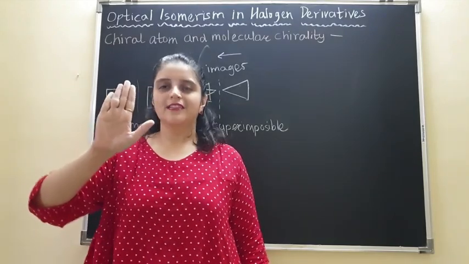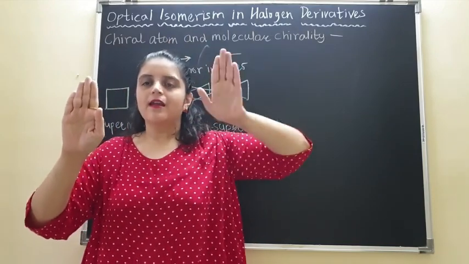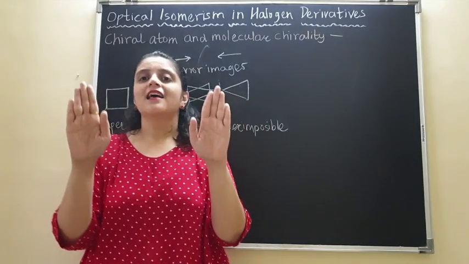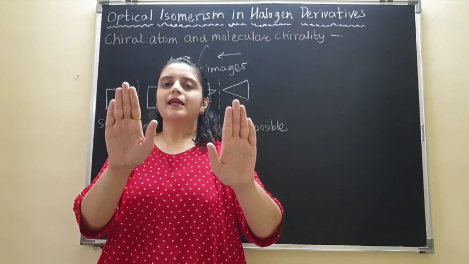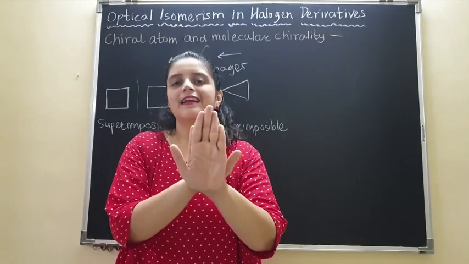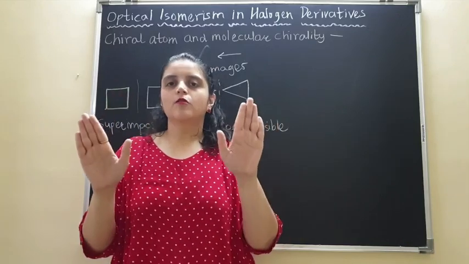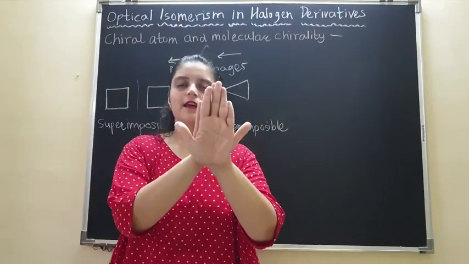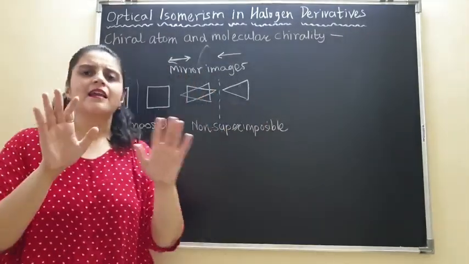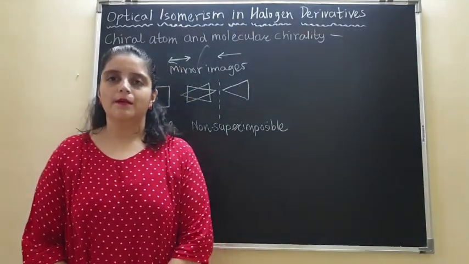If this is my right hand and I am trying to keep a mirror over here, this will be the mirror image of the hand, or we can say both the hands are mirror images of each other. Now I am taking one hand and trying to put it on the second hand. Is my first hand coinciding with the second hand? No, both the hands are different. They look the same, but if I try to put one on top of the other, the hands do not coincide with each other. So can I say that the structures of my hands are nothing but non-superimposable mirror images.